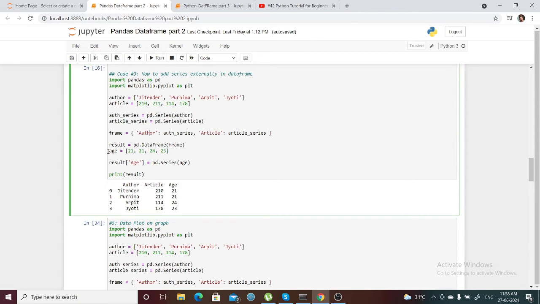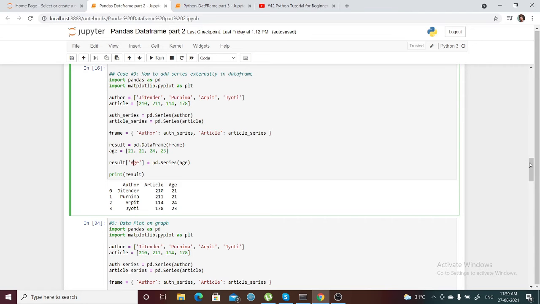How are we going to do that? We can take a separate list, and you can see we can convert this list to a series, and whatever this age column is, we can pass it. Result is our data frame name. So we can create a separate column in this particular data frame, and you can pass this particular series to our data frame using any column name, right? Because we are assigning some values to this data frame using a column name.